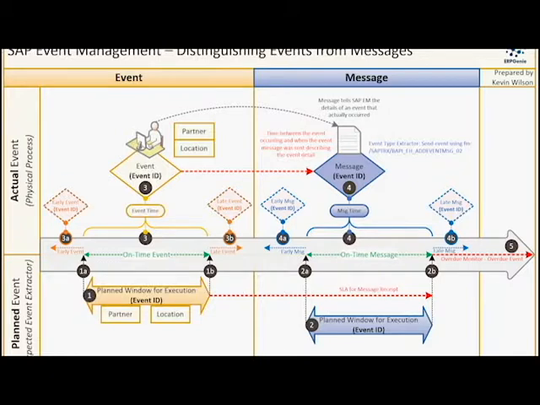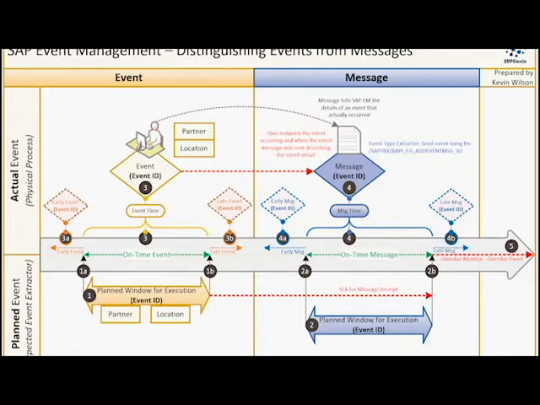Just from a high level perspective, let's go through the 4 quadrants one by one, just so that you can understand what they are. My top left-hand quadrant, where it's an actual event, this is the event that actually occurred. This is the person that executed, when it occurred, executed it, and where they executed it. From a bottom left-hand quadrant perspective, we've got a planned event. This is who should be executing it, where they should be executing it, and at what time they should be